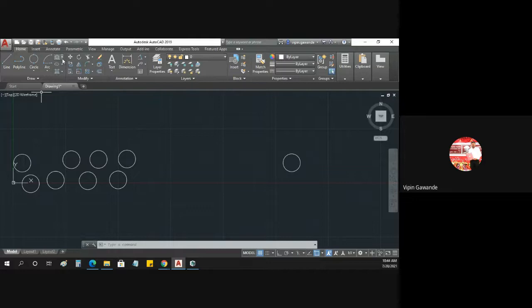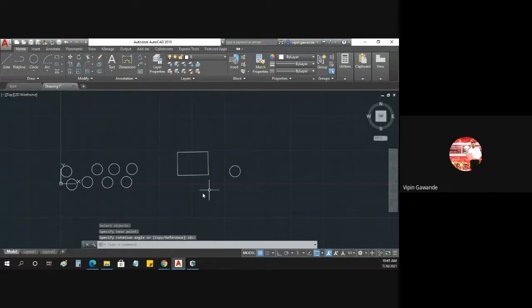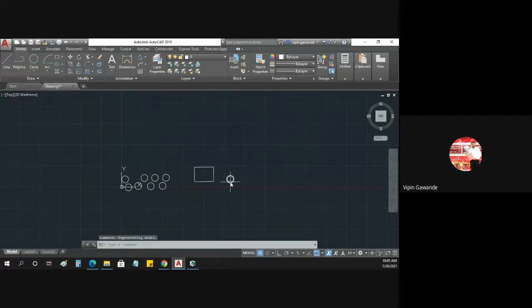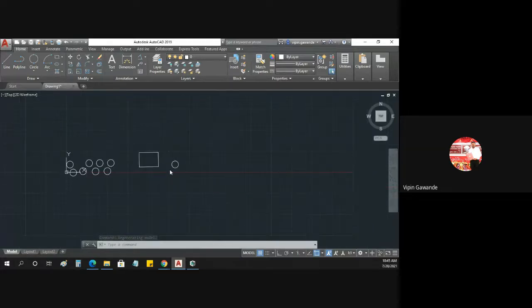Now we'll take the next one. Suppose this is our rectangle and I want to rotate it. Rotate command means you have to select this entity, and then rotate it in the particular direction. You can specify the angle at the bottom, so we can rotate this in any direction. Suppose I want it horizontal now; you can make it horizontal like this. The rotate command changes the direction of that particular sketch, while the move command takes it from one space to another space. That is our move command.